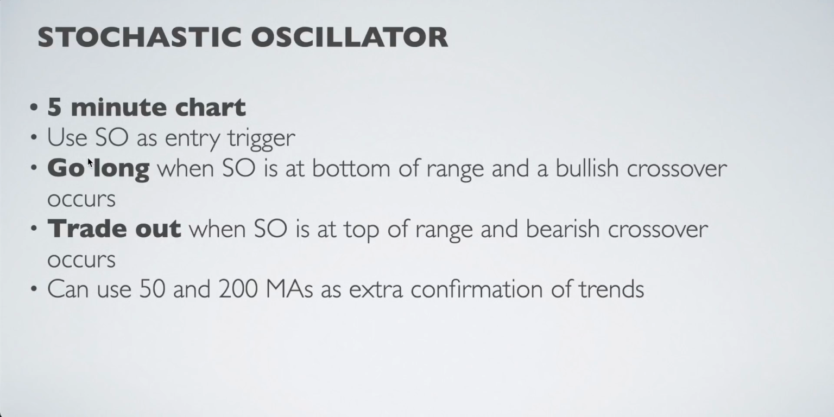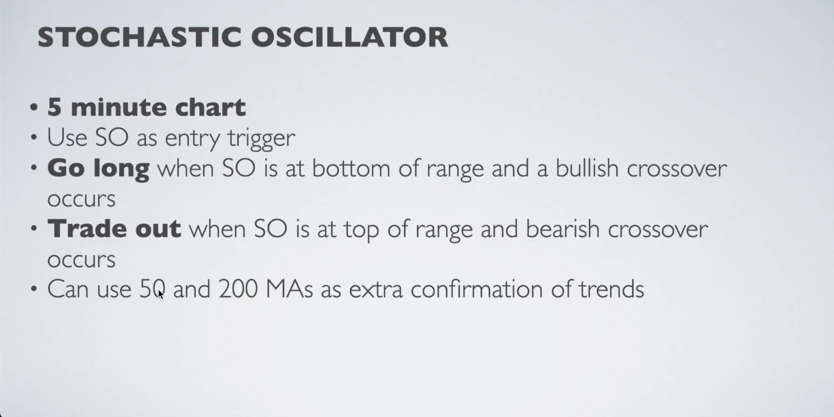What you can do is go long when the SO is at the bottom of its range and a bullish crossover occurs. That is taking a lot of the guesswork out of our trading for us just by using this indicator. When do we trade out? When the stochastic oscillator is at the top of the range and a bearish crossover occurs. What it's essentially telling us is that, hey, this might be a good time to get in when it's at the bottom of its range. When it's at the top of its range, the move may be coming to an end and so you may want to get out. Doesn't work every time, but it's a fairly simple indicator that we can use,